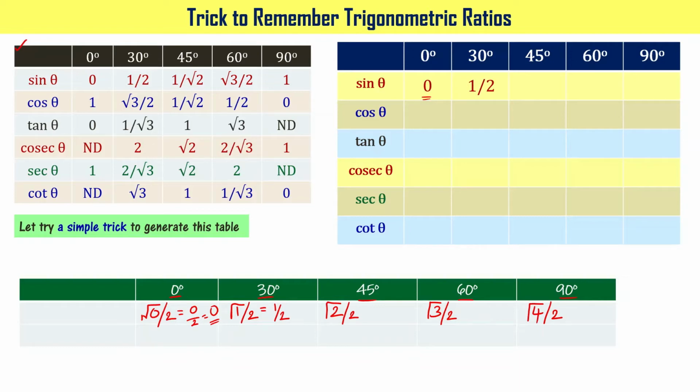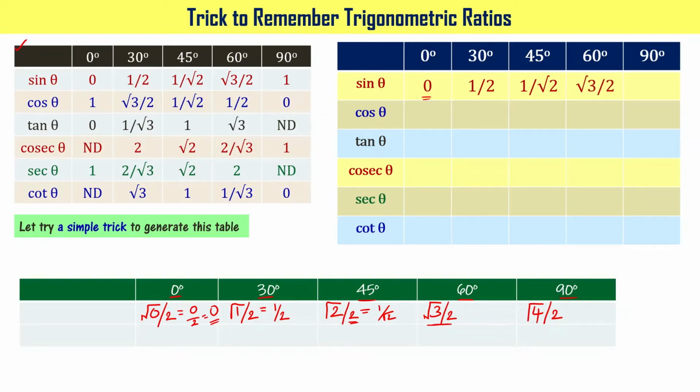Square root of 2 divided by 2 can be written as 1 by root 2. Right? 2 can be written as square root of 2 times square root of 2. For that reason, square root of 2 divided by 2 is going to be 1 by root 2. Let's write sine 45 degrees equal to 1 by root 2. Now you have 60 degrees, that is root 3 by 2. Can you simplify this further? No, right? Let's write this as is. Sine 60 degrees is equal to root 3 by 2.